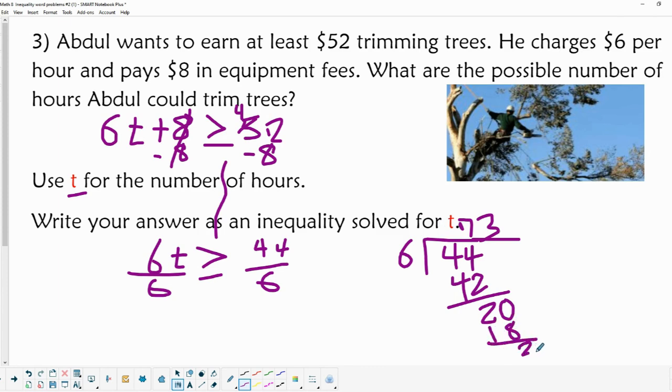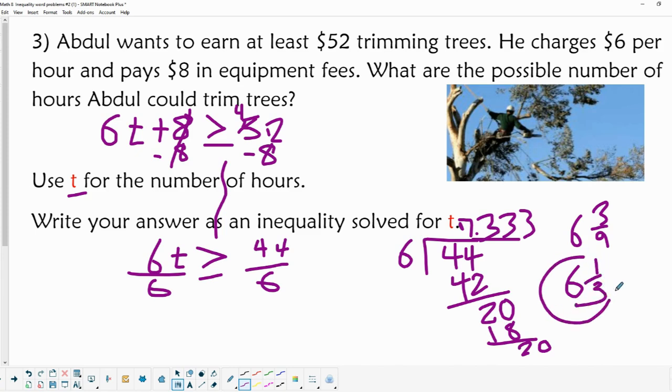And another 2, so it looks like we're going to get stuck with a 7.3 repeated, which whenever you have 3 repeated, that's the same as saying 3/9. So 6 and 3/9 hours, and 3/9 simplifies to 1/3. So 6 and 1/3 hours,